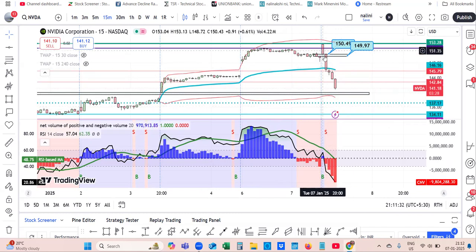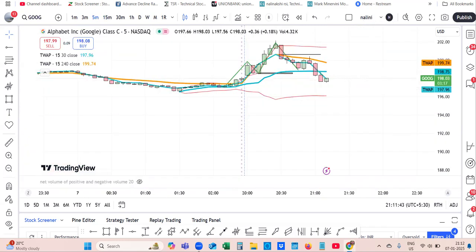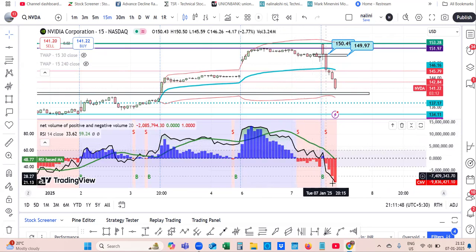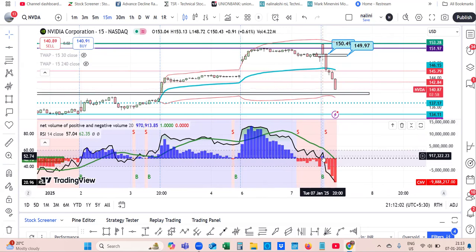after some time, it cannot fall continuously. A green candle will form, then the net volume will decrease. We'll see. And also here, RSI, you can see it is also moving away from its moving average. You can make out. It's a clear indication. With the combination of these indicators, as with this price action, you can trade better and